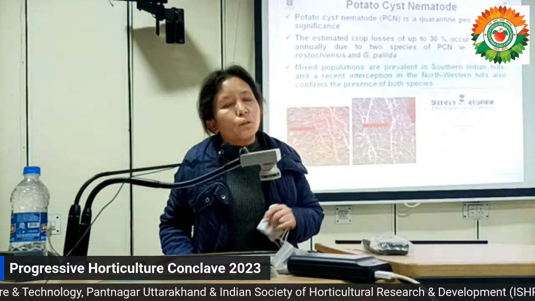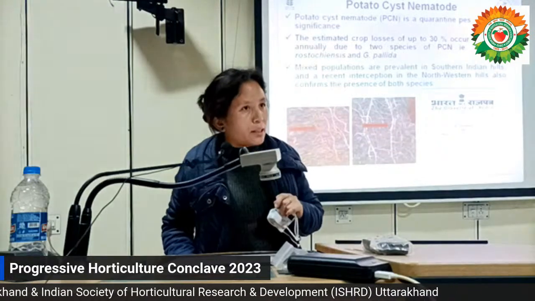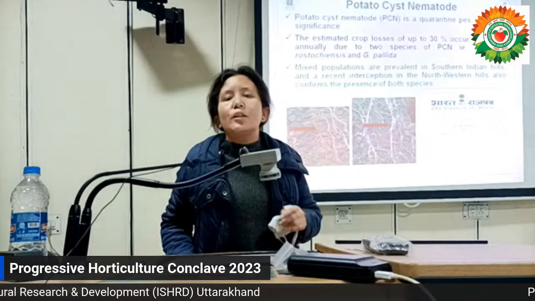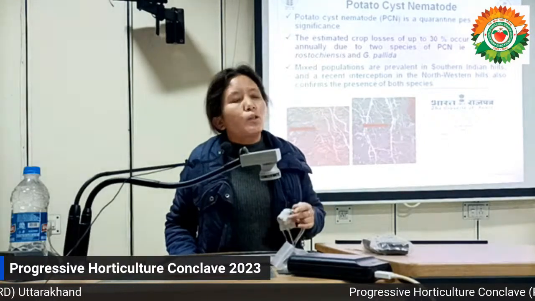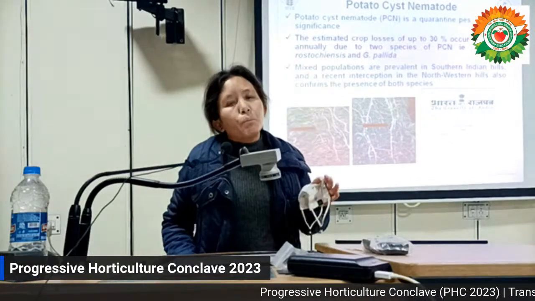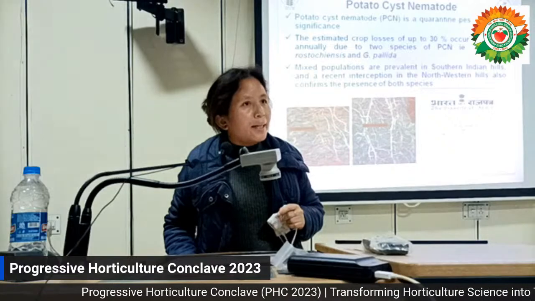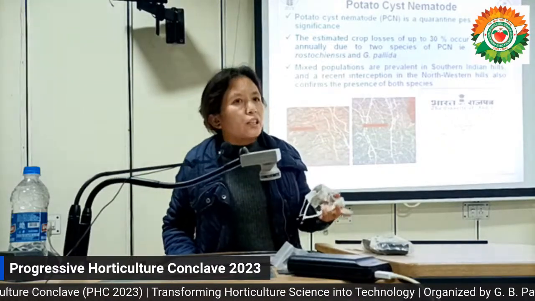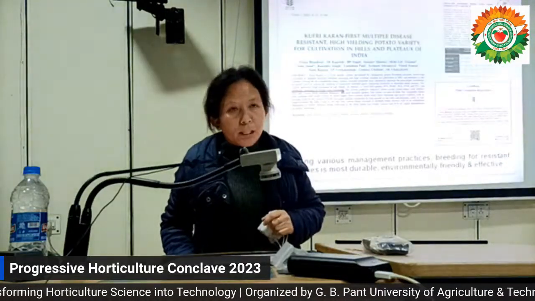We are not able to produce a single seed of potato, and we can see the cyst of this potato cyst nematode, which is actually a female body, which contains nearly 300 to 400 eggs. And this particular cyst can survive in the soil in the absence of a potato crop for up to 20 to 30 years. And we can see the Gazette of Government of India in 2018, due to which we are not able to send even a single seed of potato from our hill locations to different parts of our country. So that is the gravity of these two pests.